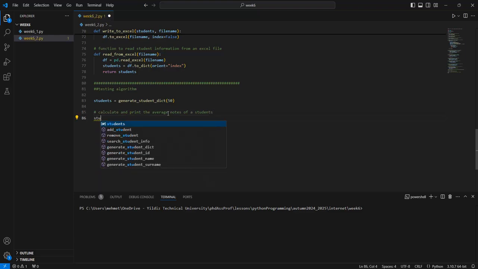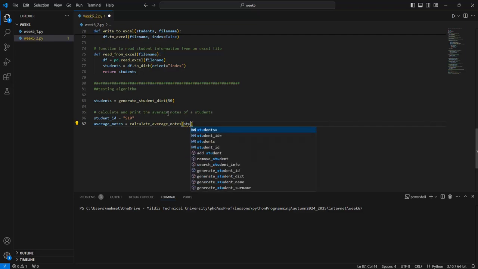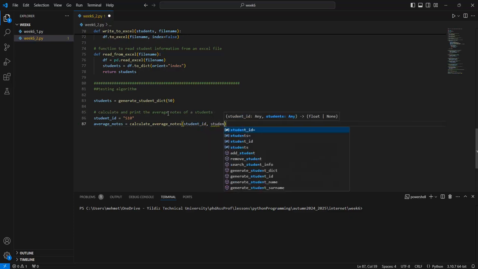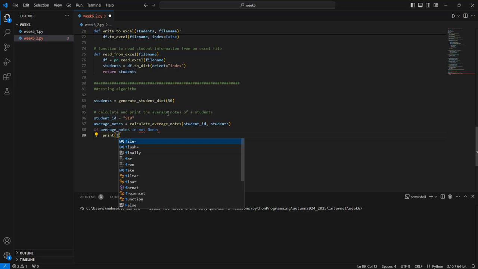For example, student ID can be assigned as 10. Okay, also the average notes can be built with the calculate_average_notes, the student ID, and students should be given in here. If average notes is not None, and then print f